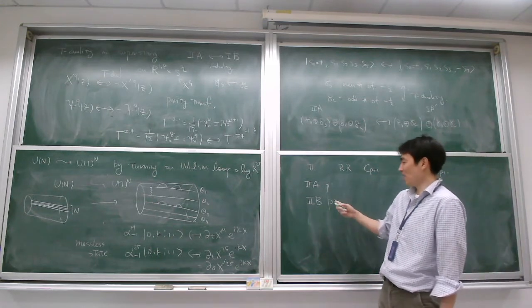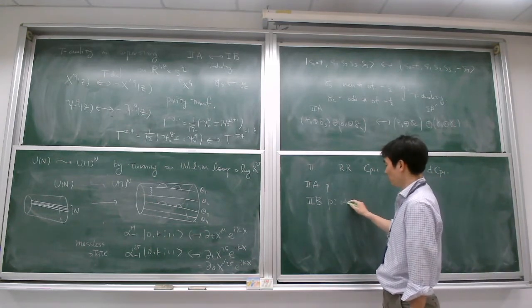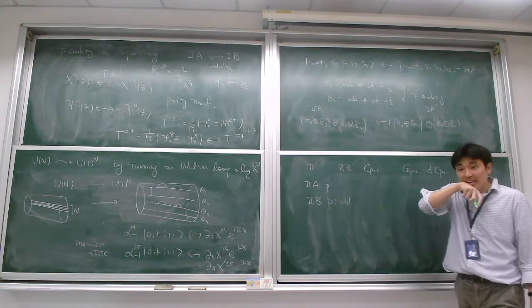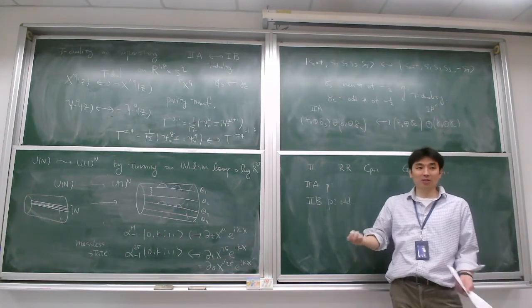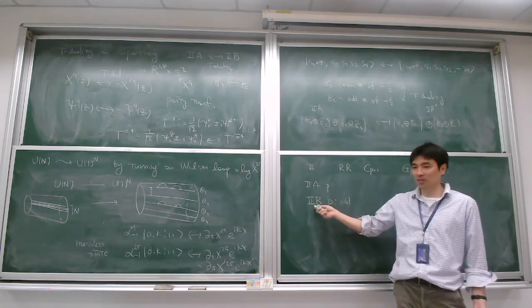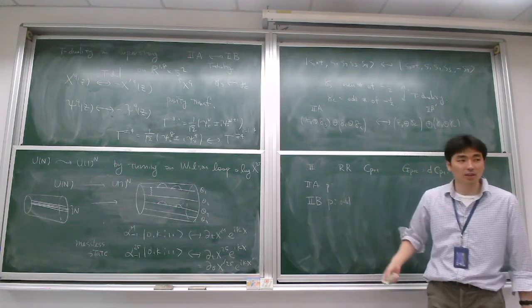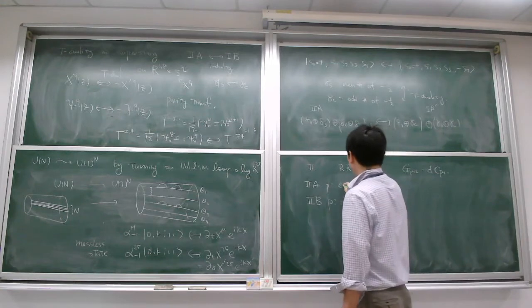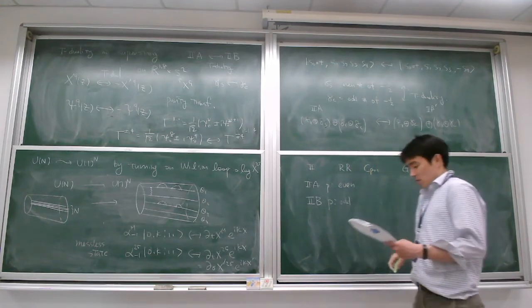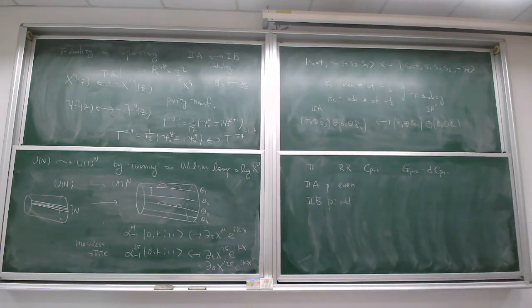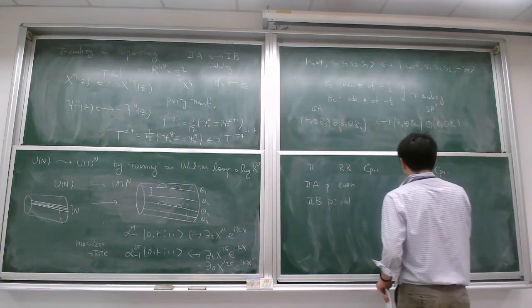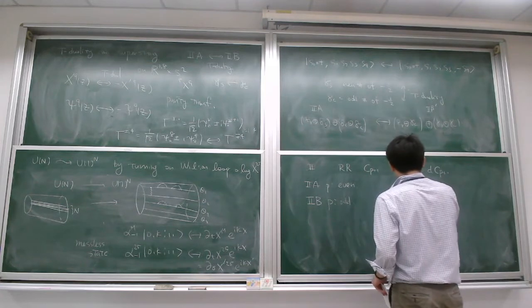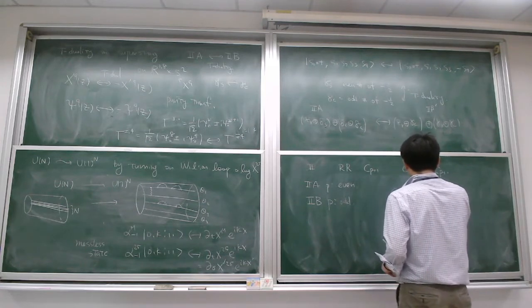So therefore p has to be odd here. So the D3 brane will give rise to AdS/CFT. AdS/CFT is coming from 2B. And for 2A this is even. Okay. And then this Ramond-Ramond flux G p plus 2 has the corresponding